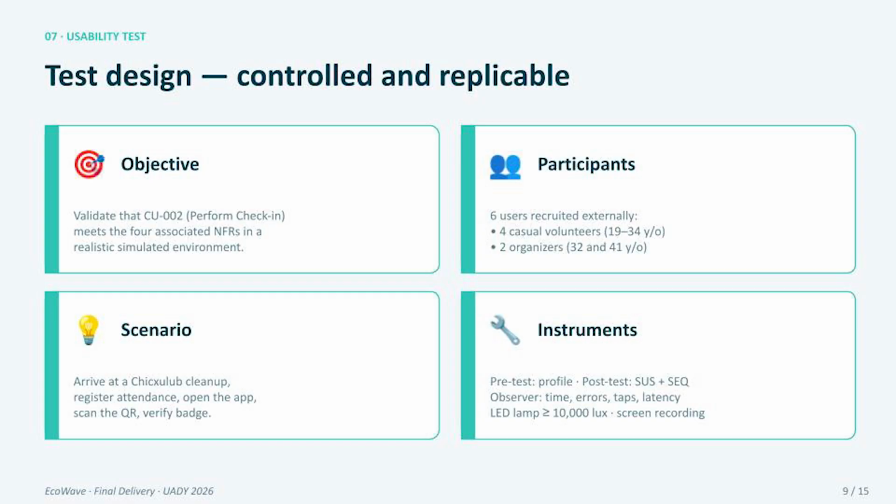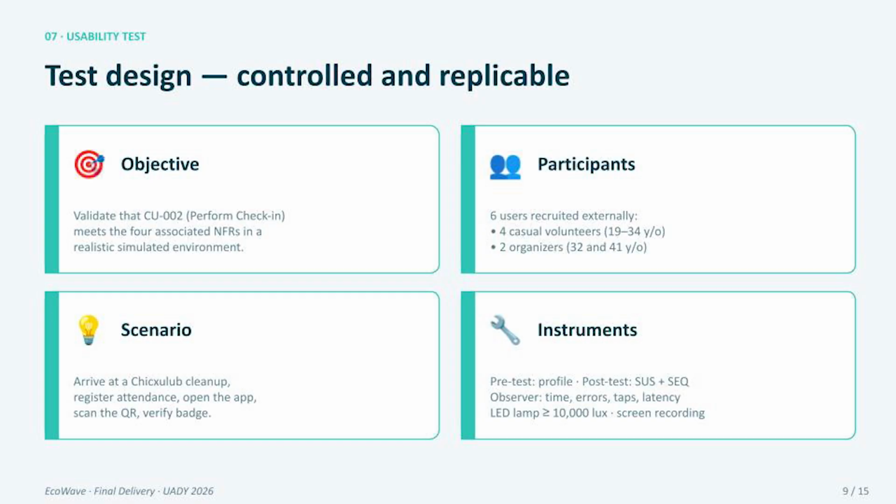The objective was to validate that the critical use case meets its 4 non-functional requirements in a realistic environment. 6 participants, 4 casual volunteers between 19 and 34 years old, plus 2 organizers aged 32 and 41, recruited externally to the team. The scenario simulated arriving at a Chicxulub cleanup, opening the app, scanning the QR, and verifying the